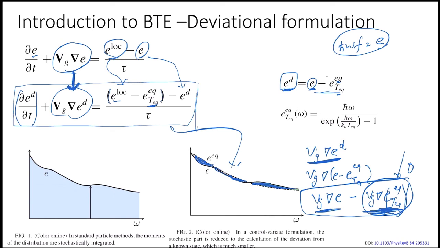Okay, so this deviational formulation is mathematically clear, and so is the extra assumption we have introduced in this equation. So this has to be clear. We are going towards what we are going to do tomorrow in the hands-on exercise. We are going slowly towards that equation which we are going to solve. We have already done the energy conservation, and we have made it an equation in the form of a deviational particle.